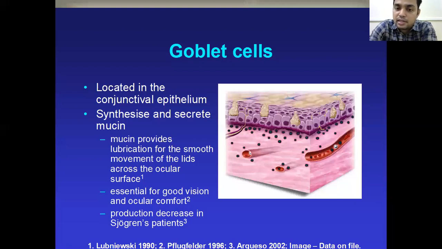also it helps in maintaining the stable state of the tear film. So the mucin layer is very important for the stabilized tear film. This main property is because of the conversion of the hydrophobic nature of the cornea into the hydrophilic nature.